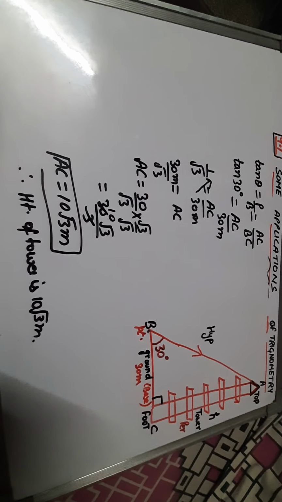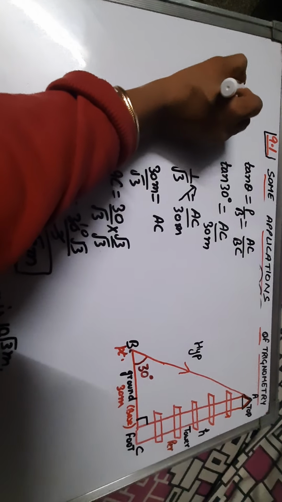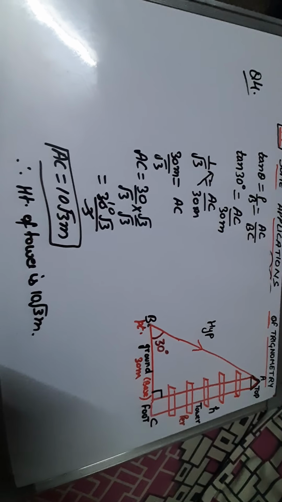Now let's move on to question number 5. This is question number 4, right? Now, dear students, question number 5 is: a kite is flying at a height of 60 meter above the ground. The string attached to the kite, string means door की बात कर रहे हैं, kite is temporarily tied to a point on the ground. The inclination of the string with the ground is 60 degree. Find the length of the string assuming that there is no slack in the string.